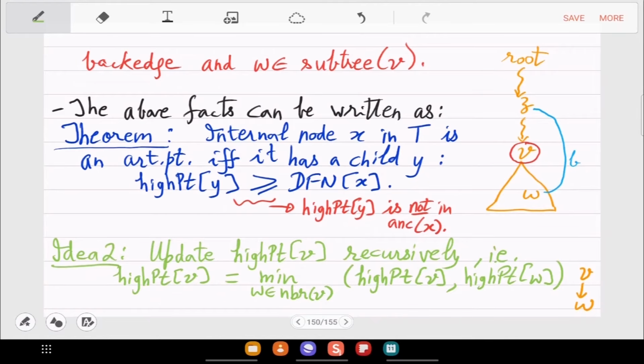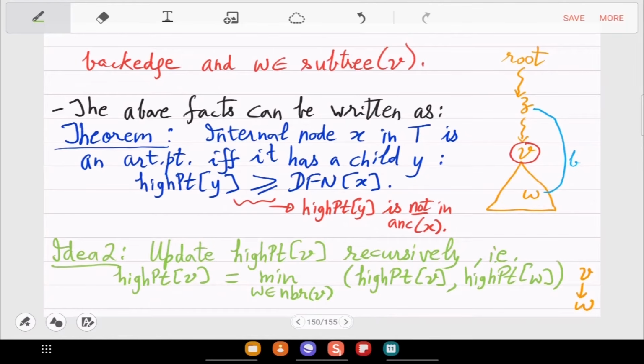So suppose you have high point array and the DFN array, of course. How will you check whether X is an articulation point or not, if all the arrays have been correctly computed? What is the check in the pseudocode? Yeah, so actually children will only be as many as is the degree of X. So you just check for all the children, what are their high points, right?